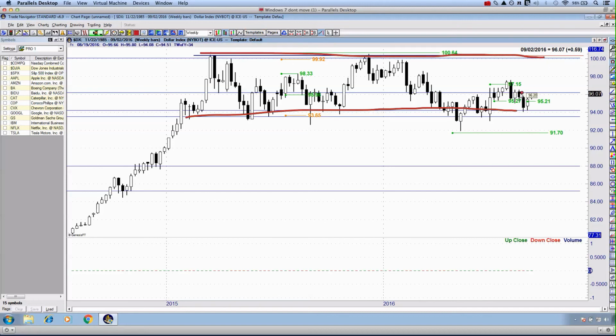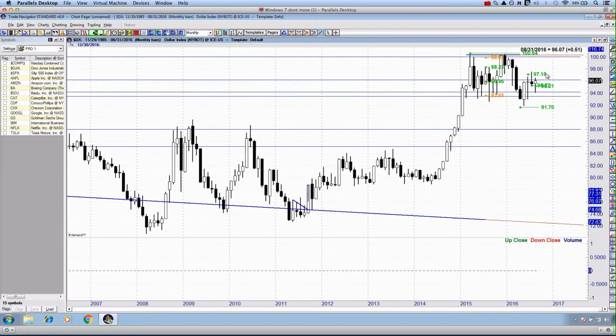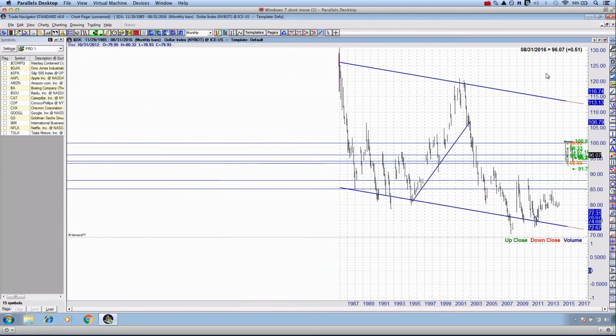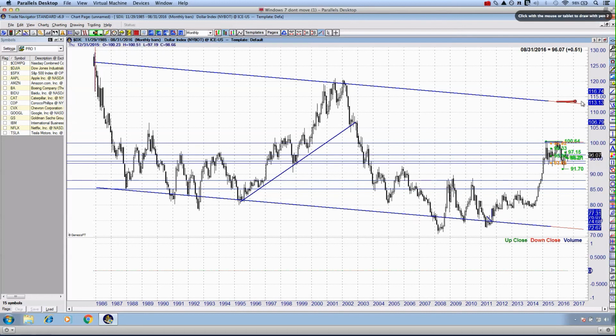And really possibility number 2 is that we get back up to this 100 area, and instead of rolling over, in fact, we just continue to break out and push on up towards, and I will show you this very quickly, my long-term target on the US dollar, which is coming in right up here about 115, 113 at the moment. So that adds on another 13% in terms of upward price projections for the US dollar until we start hitting that long-term macro resistance area, which is shown up in this downward trend. Very, very interesting downward trend, which is all of the data we have going back to 1985. So very interesting longer-term type of pattern on the US dollar.